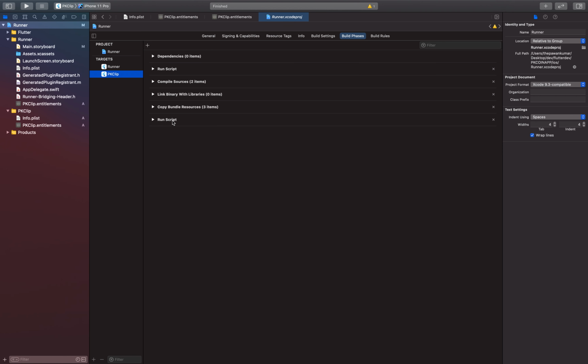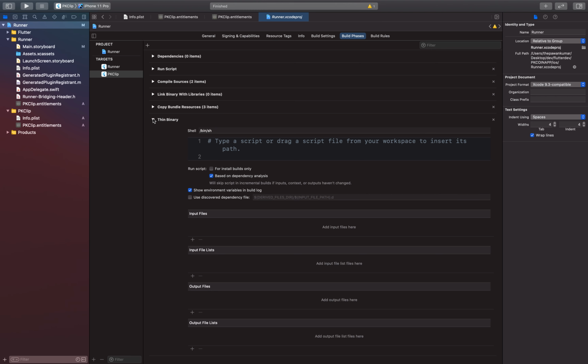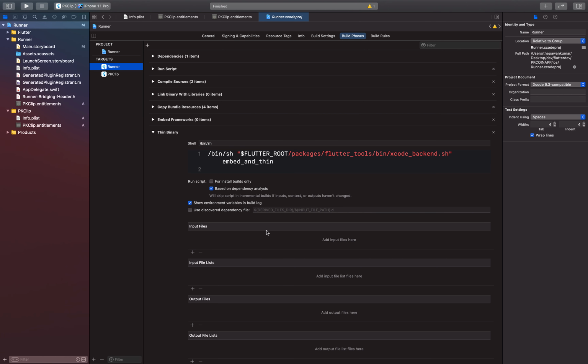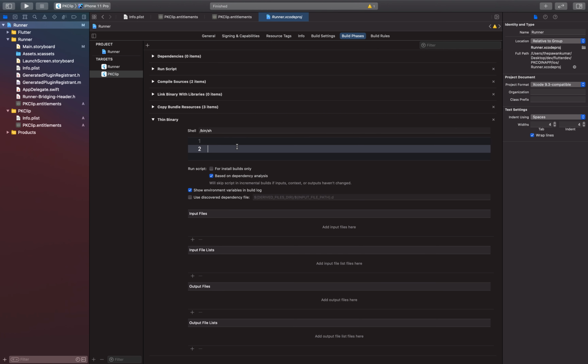I don't think you have to be concerned about the naming and all, but let's say thin binary, and inside that also I'll do the same thing. I'll just copy and paste. So in the runner, this is thin binary, although we don't need thin binary if I'm not wrong, but let's try it. If nothing will work, then we'll see.